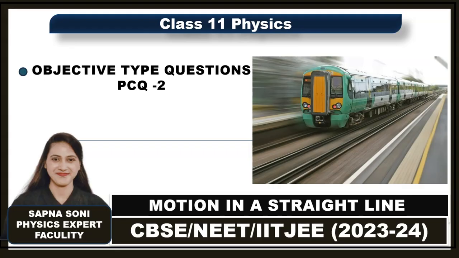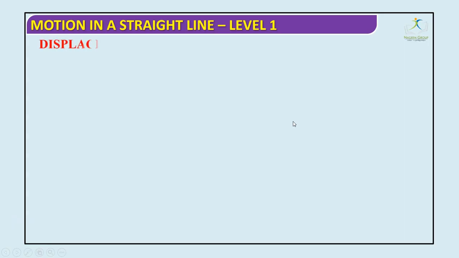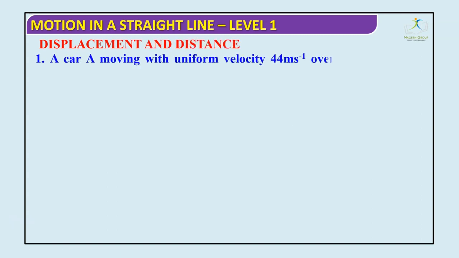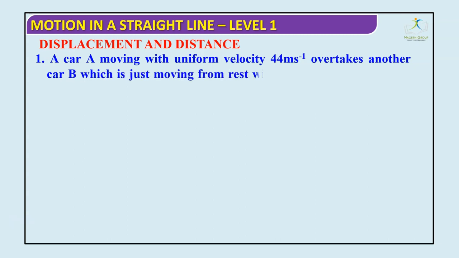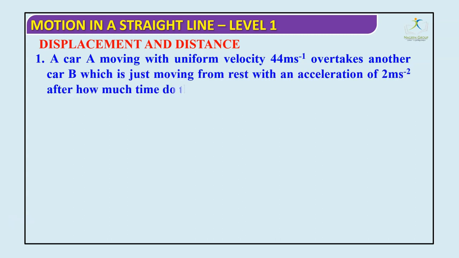Welcome students in the topic of objective type questions, which are previous year conceptual questions based on the chapter motion in a straight line. Let's begin with the first topic, displacement and distance. The first question is, a car A moving with a uniform velocity 44 meter per second